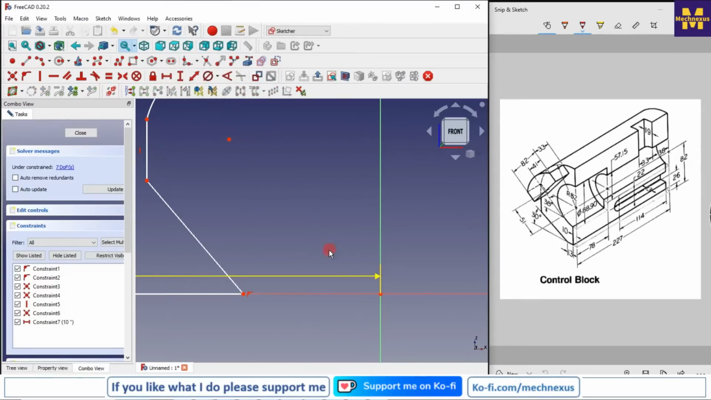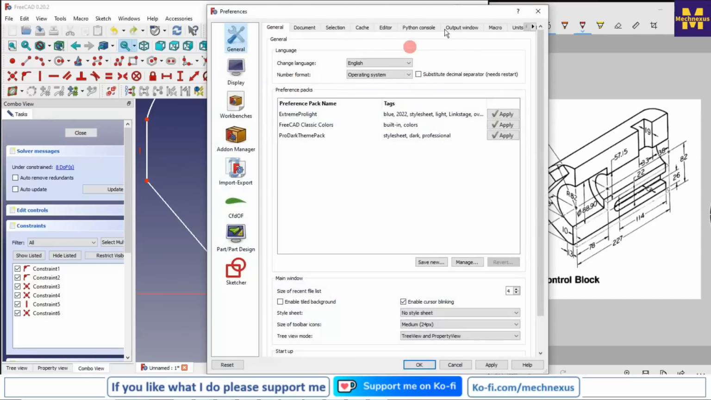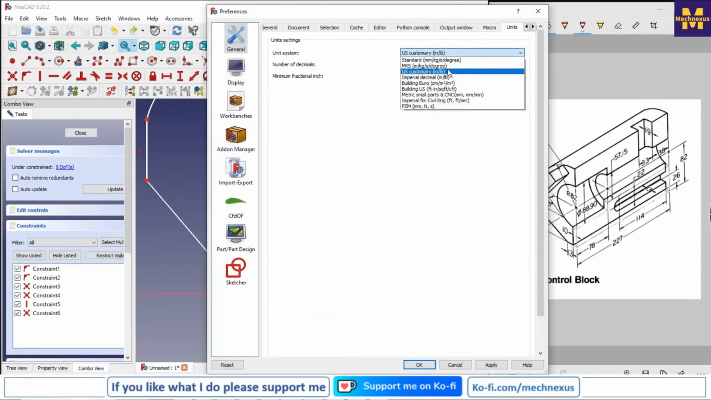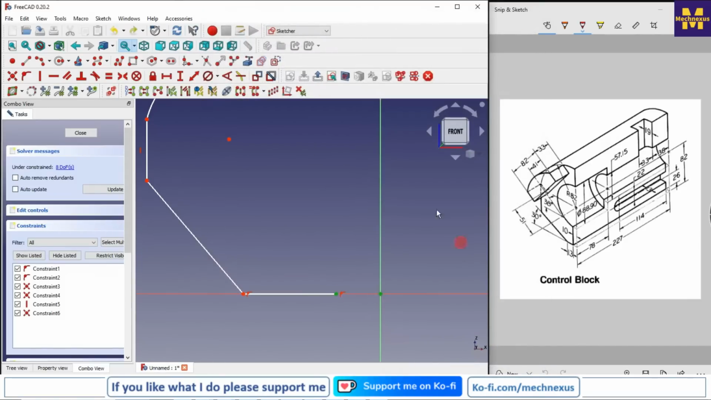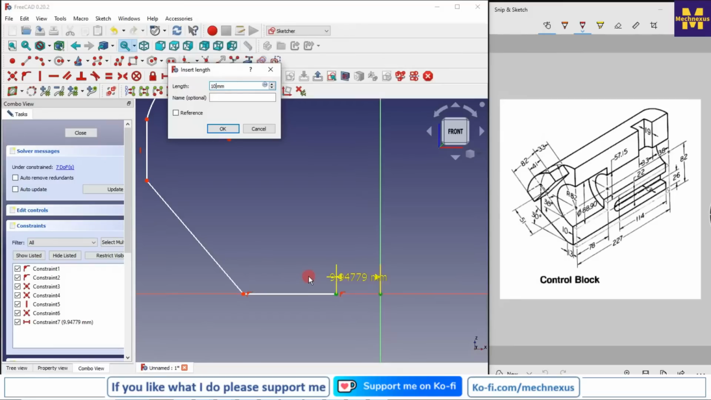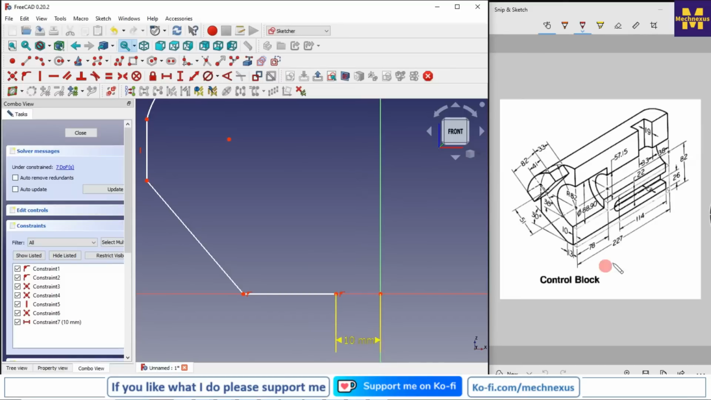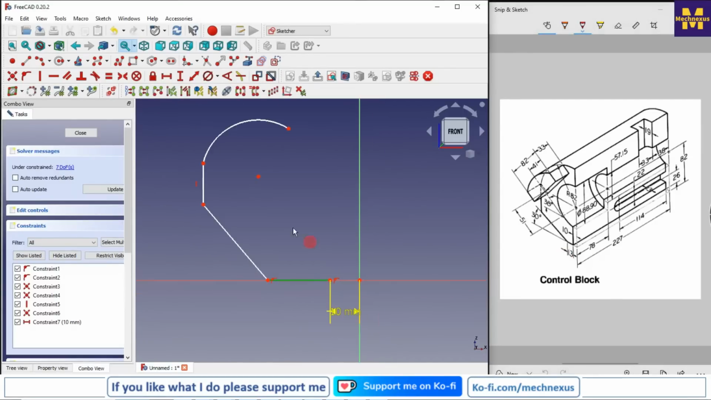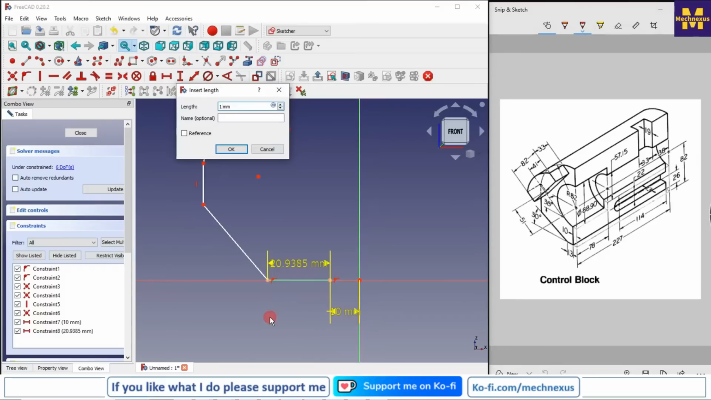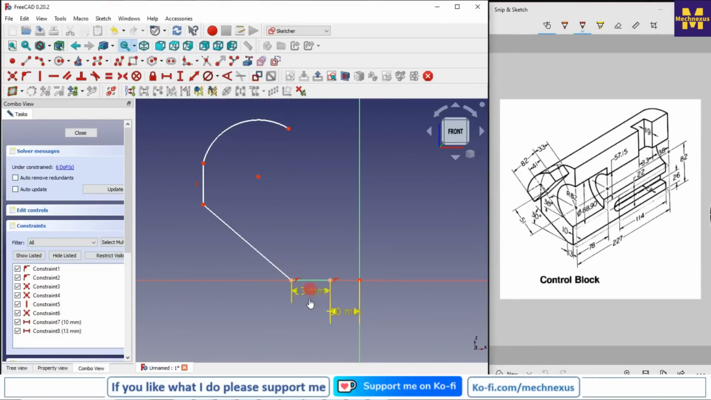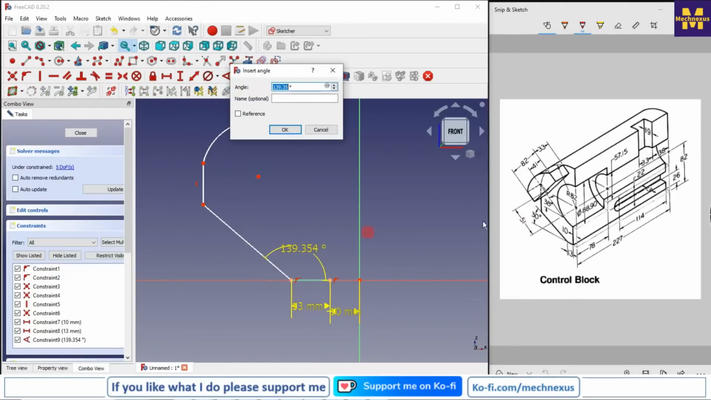Here it is 10 mm from the origin, so I will give it 10 mm. Here my unit is in inches, so I will switch to mm and say okay. Now I will give it 10 mm, and this one is 13, so I will give it 13. And now we will give the angle which is 30 degrees. I will select this line and click on the angle. So this is 30, so here it would be 150,